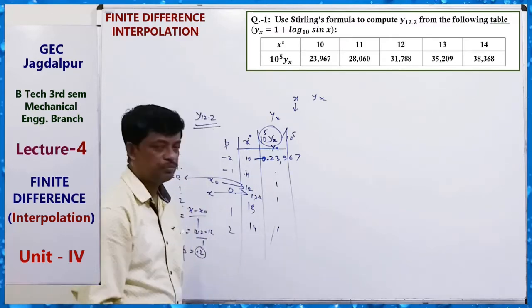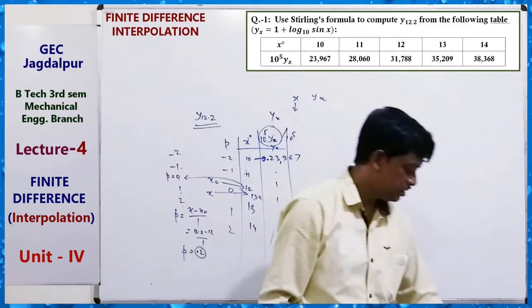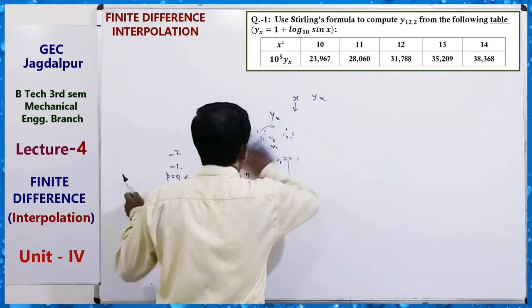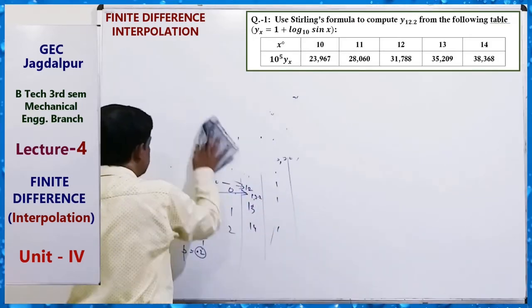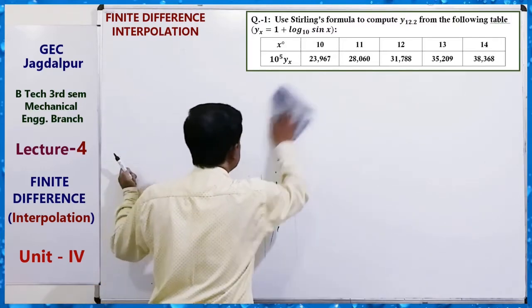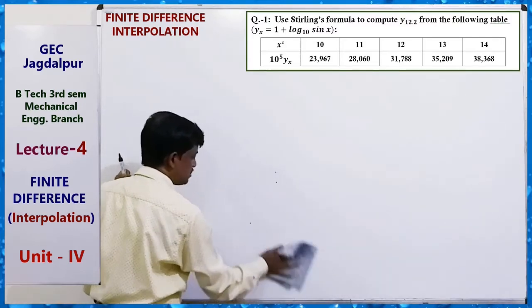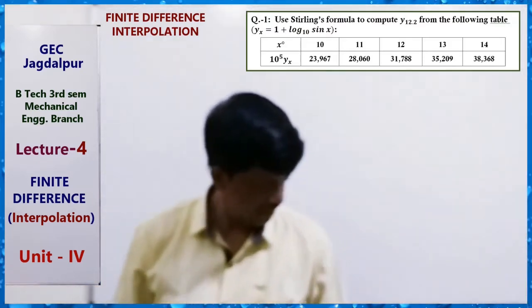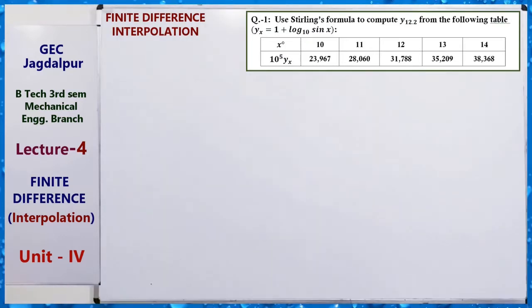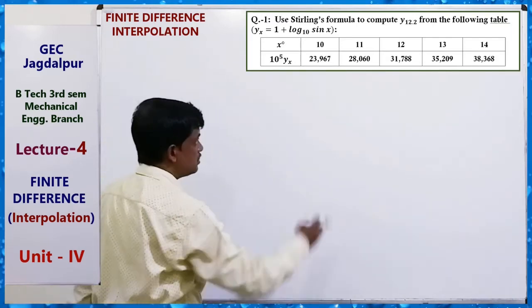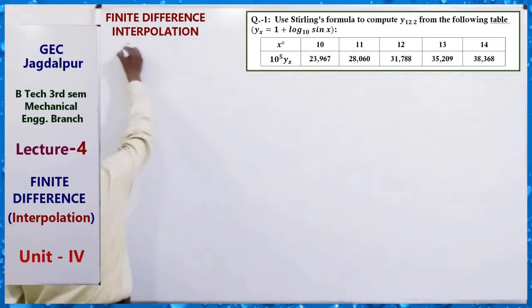So first of all we have to prepare the table for these questions. Prepare the table, and also decide what the value of origin x0 is. Then find the value of p and all the other things, and prepare the difference table also. So given the table, the solution: